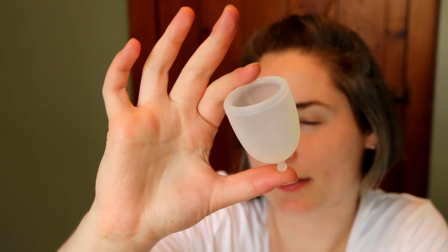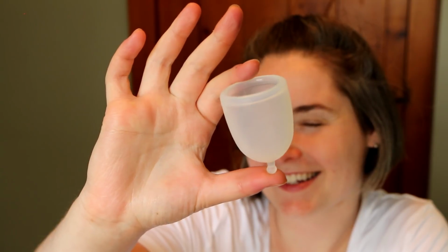Now, this one that I'm going to show you today isn't necessarily representative of all the different options out there, but this is it right here. I'm just going to hold it up a little bit closer to the camera. Hopefully the camera is focusing on it. So this is a menstrual cup right here. They come in a huge variety of brands, colors, sizes, even designs and shapes to really fit a huge